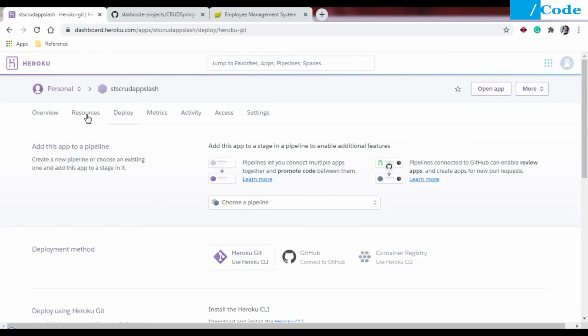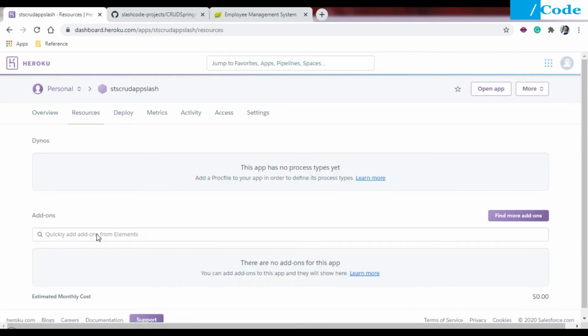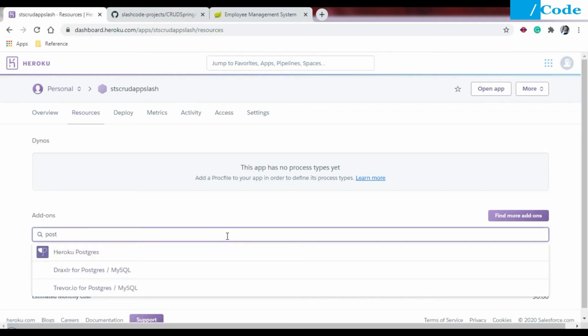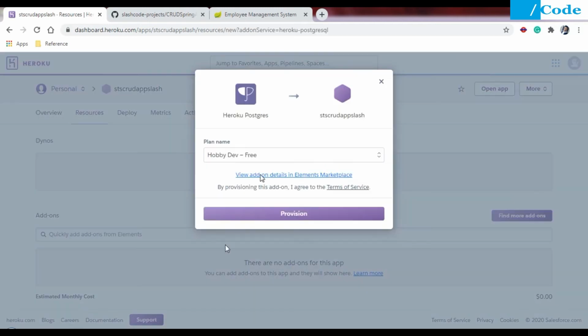As you can see, you need to go to Resources, and here you need to add a database using an add-on. You can click on find more add-ons, or you can directly search here. I'm just going to search Heroku Postgres here, and it will come up like Heroku Postgres, sts-crud-app, and Hobby Dev as the free provision.